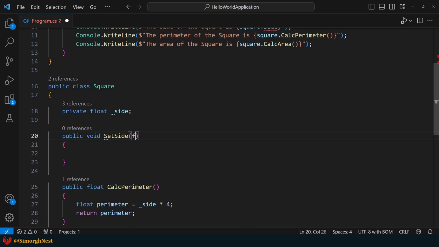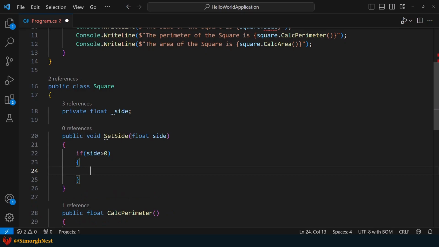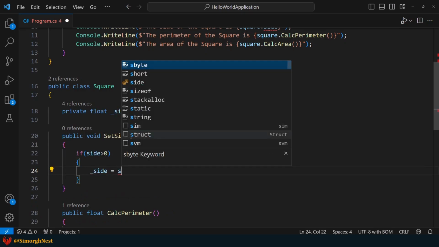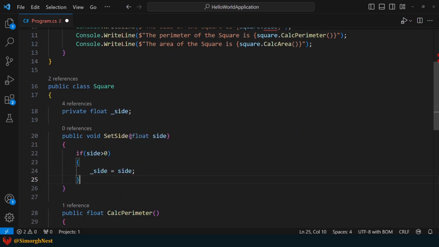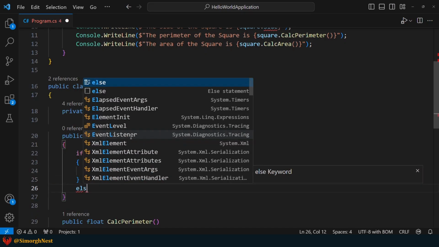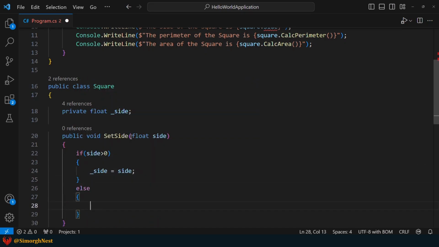This method takes a float parameter named side. Inside the method, we first check if the given number is greater than 0. If it is, we assign the side value to the side field. Otherwise, we print an error message indicating that the number is invalid.